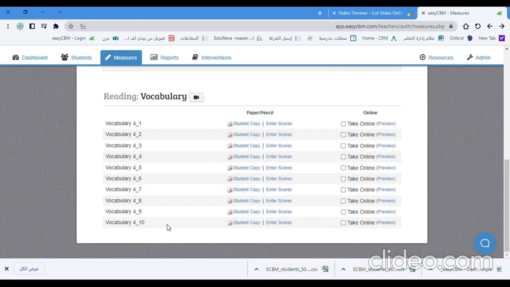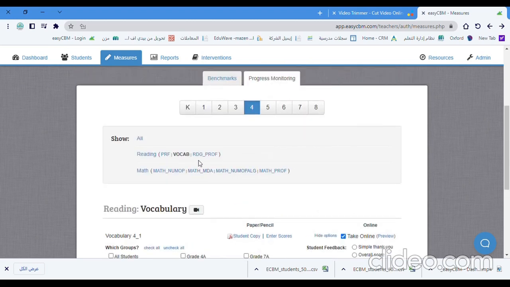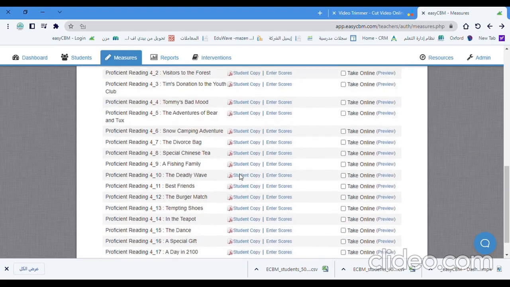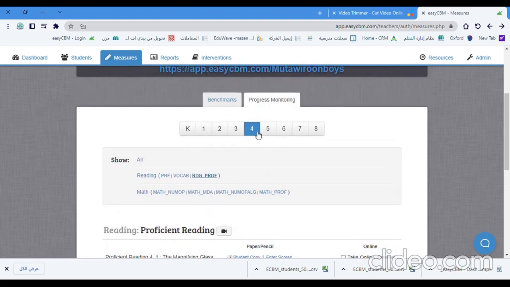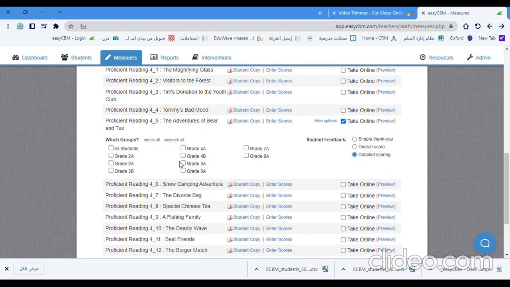I can assign them to my students as a drill. All I need to do is to click here. For example, I choose this one, vocabulary here. I tick this box. Then I select the grade. For example, let's say grade 3A. So the students will find it when they use the link. For the professional reading, I think we have about 17 different tests here for all the grades too. So simply I just click on the test I want to assign for my students, then I choose the grade,